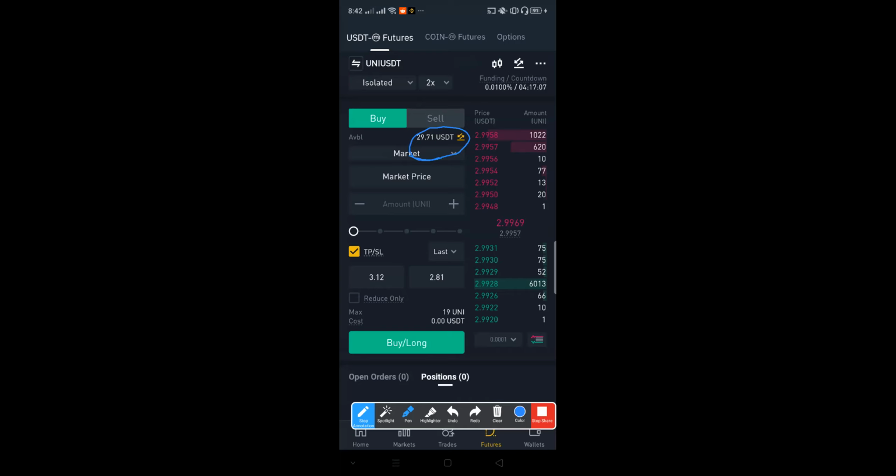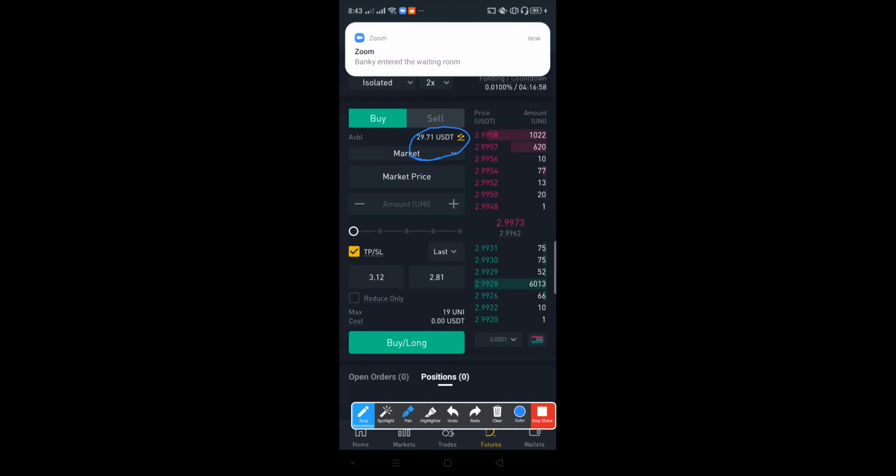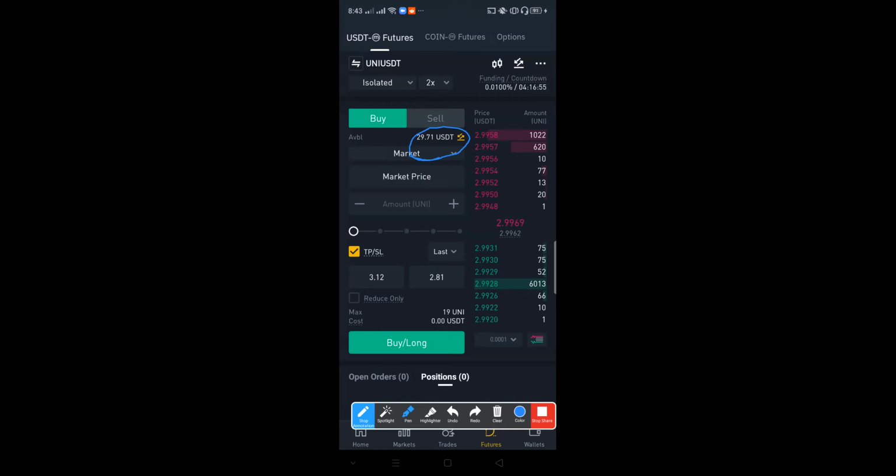Every 8 hours, once you are using futures, you are going to be charged some percentage. And how do I know that they are charging me? For example, in this case, you see funding. That's what they are charging me. It means at the end of this timer, 4 hours, 16 minutes, 44 seconds, they are going to charge me